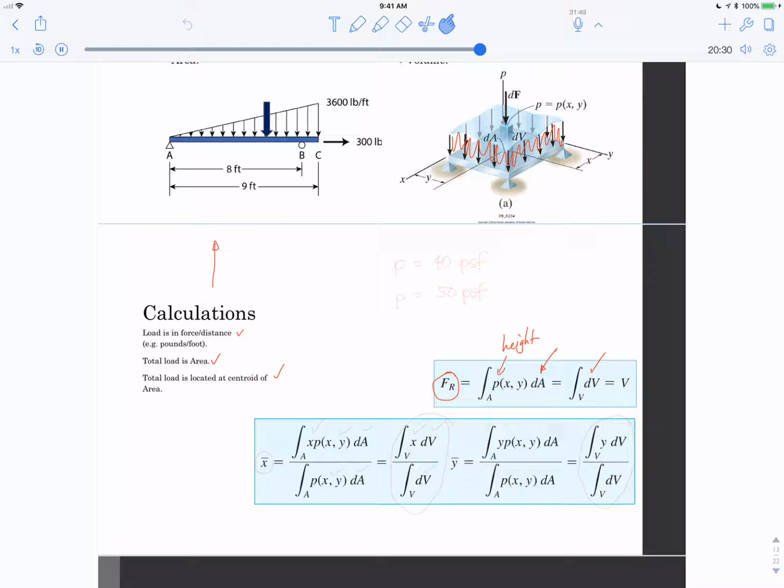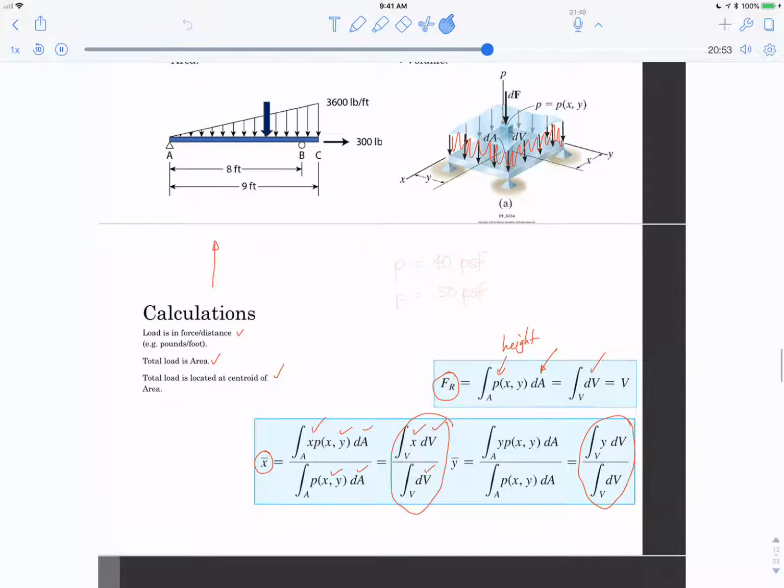And to get the weighted x with respect to the pressure, you do x pressure dA, or x dV, divided by the total pressure dA, or dV. And see how that's just the centroid we've been doing, integral x dV over dV, and integral y dV over